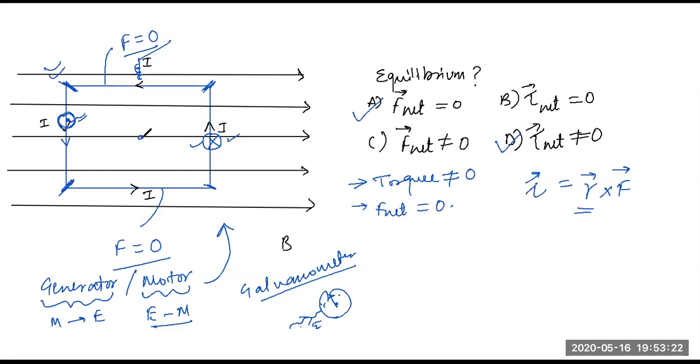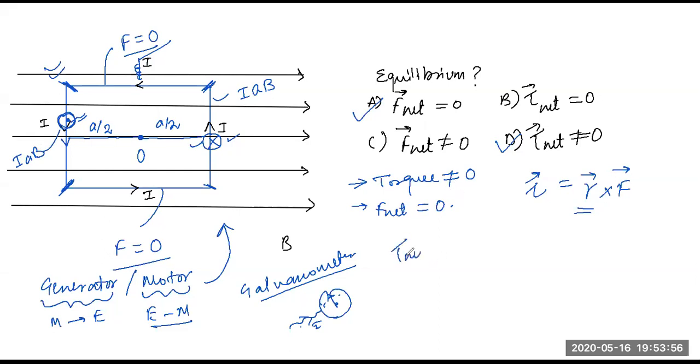Right. So what we can say here is that, let's say this is your origin. This distance will be how much? Let's say the length is A, so A by 2. This distance is how much? A by 2. Force is how much? ILB or ILA. On this wire, what will be the force? IAB. I instead of L you have A, and B is the magnetic field. Here also what's the force? IAB. Yes or no?